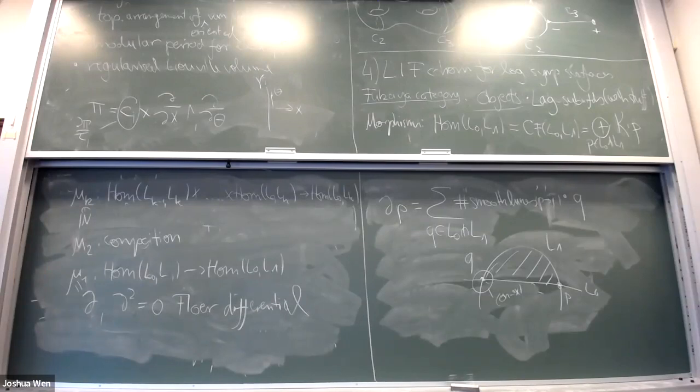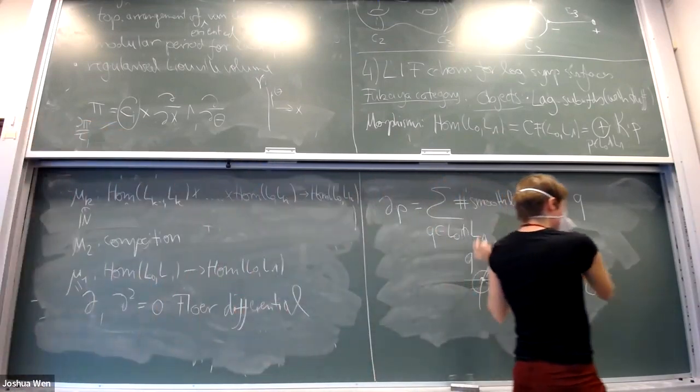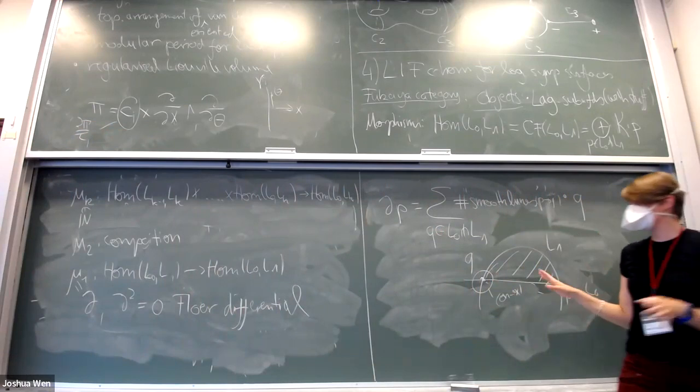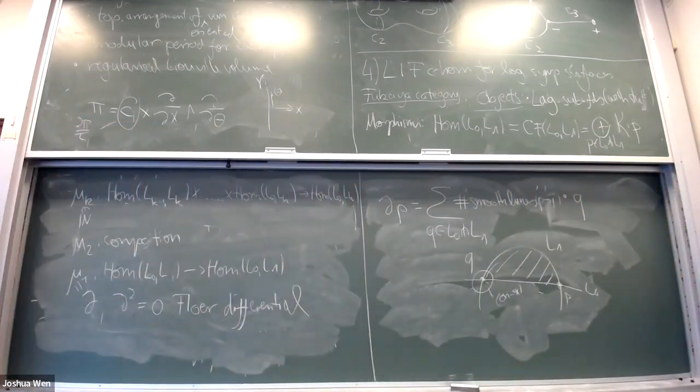And so again, it's non-trivial that this thing squares to zero, but in this case, you know, it's purely combinatorial. You're just counting these funny disks, and yeah, it does square to zero. And again, I'm not going to explain Lagrangian intersection Floer cohomology in 2 dimensions very precisely, but what